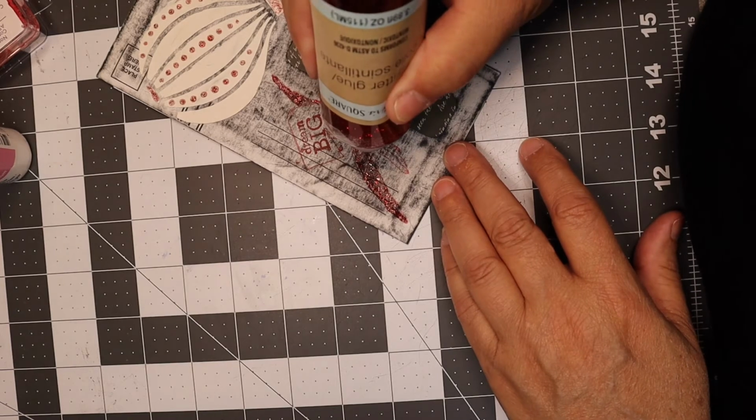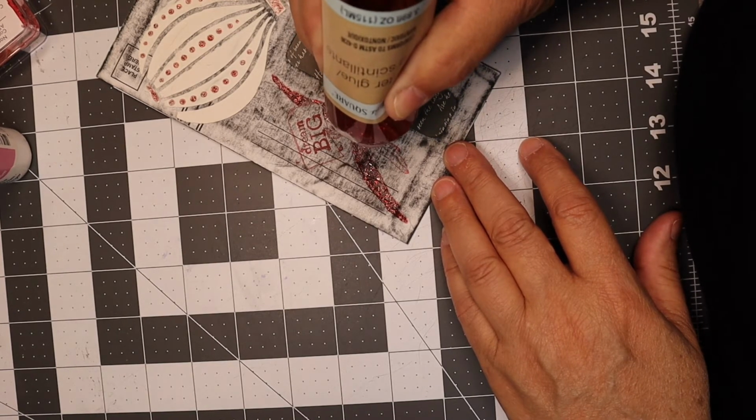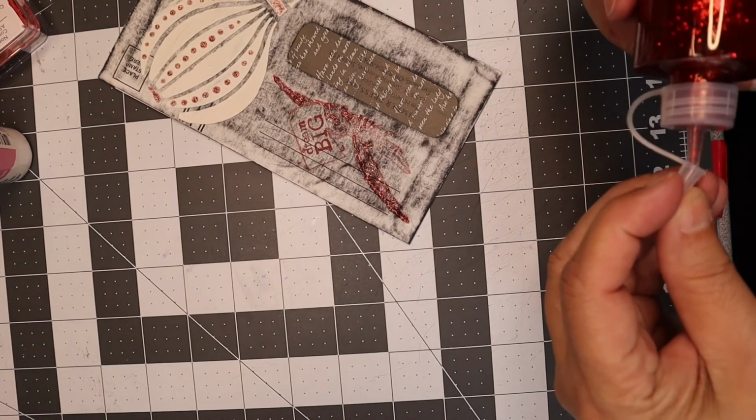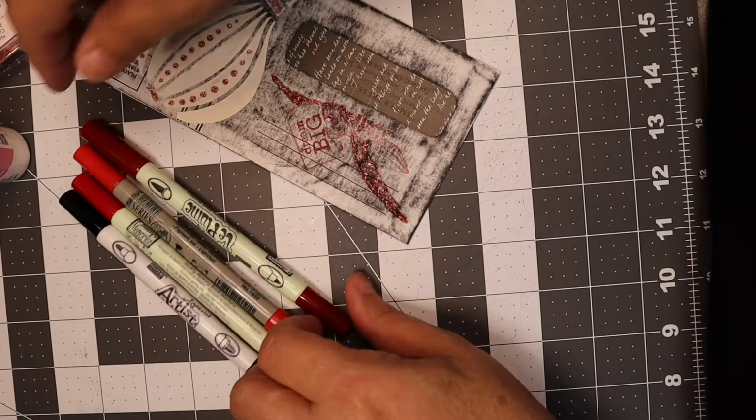And I think that's all I'm going to do on that part. Just do his wings right there. And then I think I'm going to get out. Okay, I've got out my